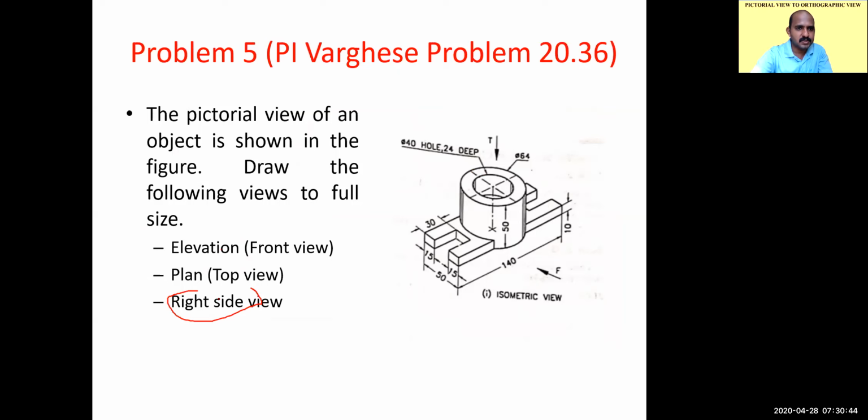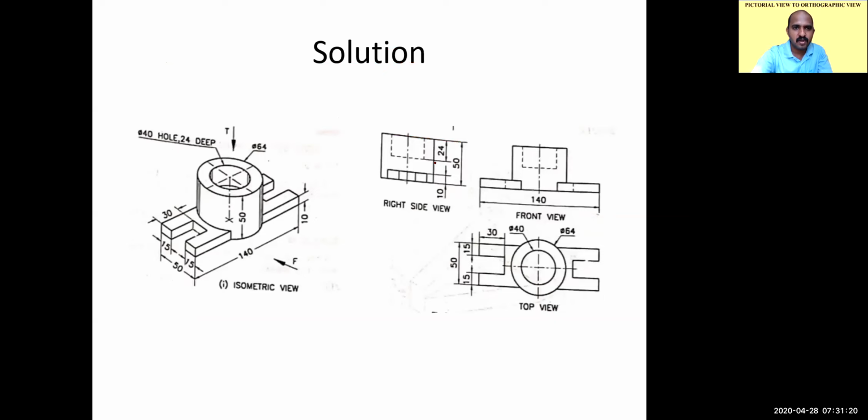Here you have a right side view. In the question it is mentioned 540 hole 24D. What does it mean? Actually, this is total 50. There is a cylindrical hollow block here, a cylinder with a hollow. What is the height? Height is 50. What does 540 24 mean? Within that there is a deep hole which has a depth of 24 mm. So once you look into here, you can